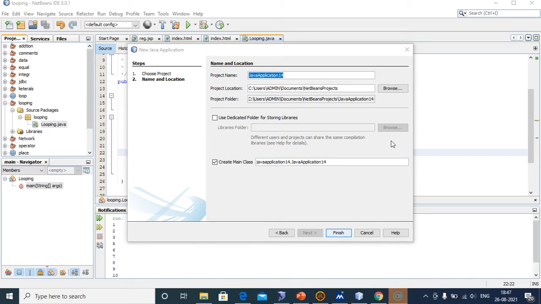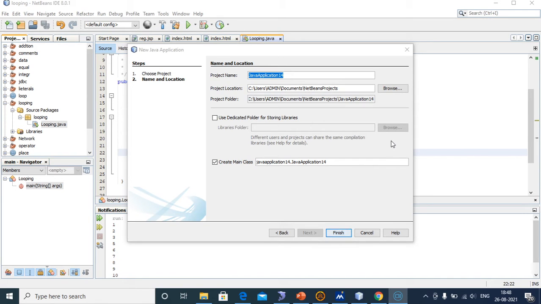Hi, today we are going to see array in Java. What is meant by array? Array is the collection of similar data type elements which has a contiguous memory location. That means there is an object which contains elements of similar data types. Those elements are stored in contiguous memory locations.